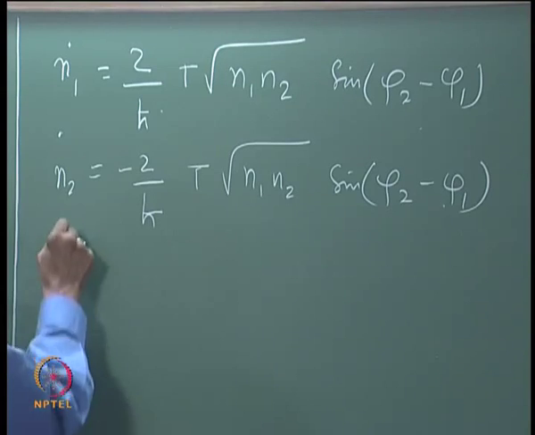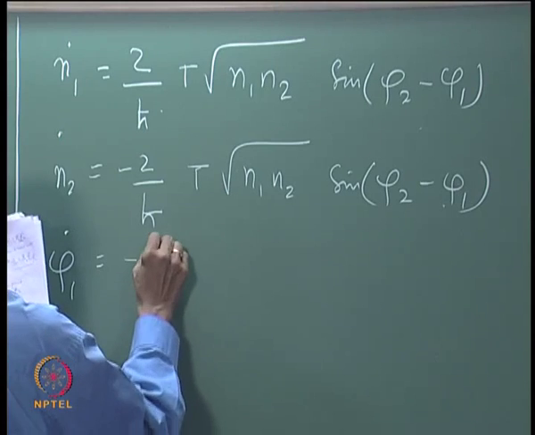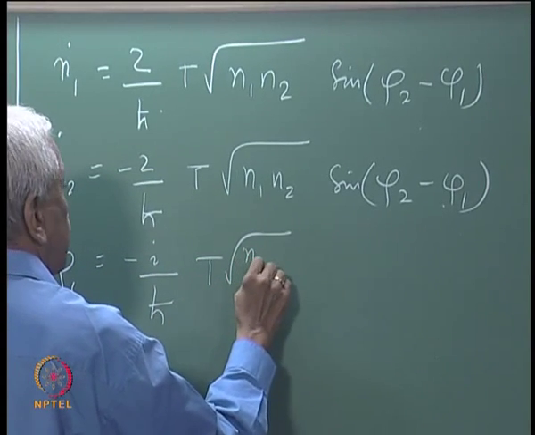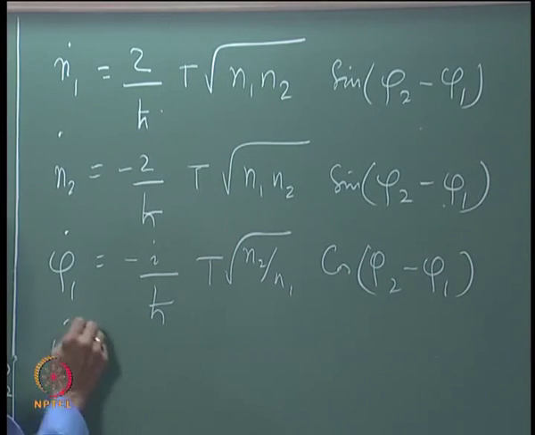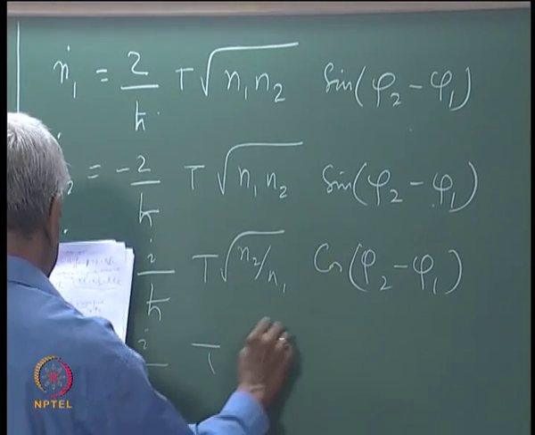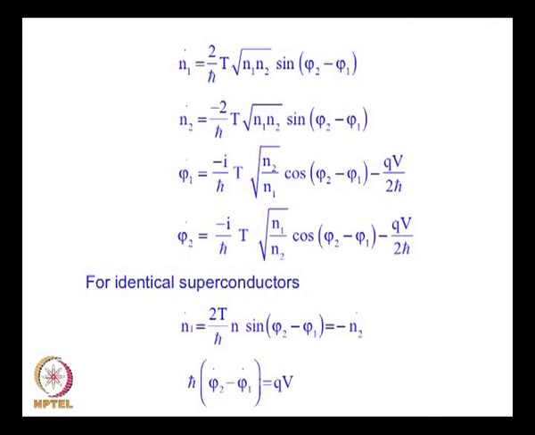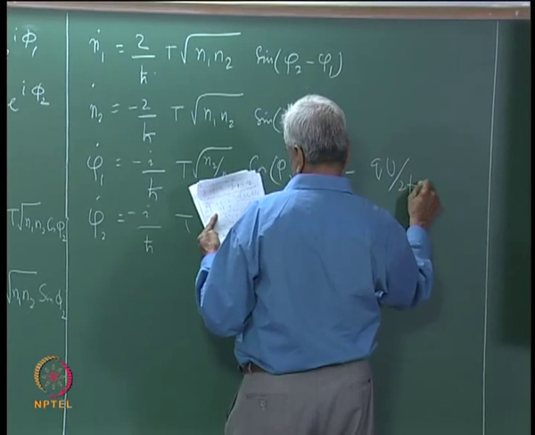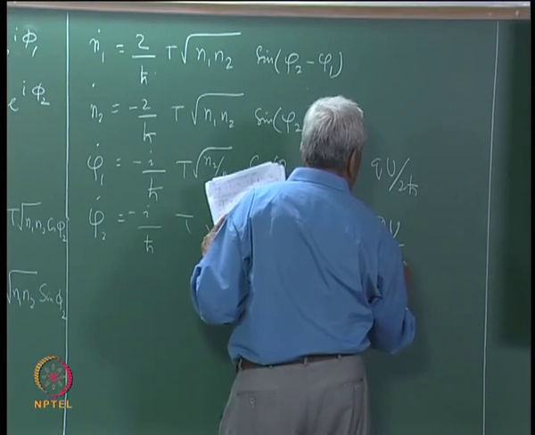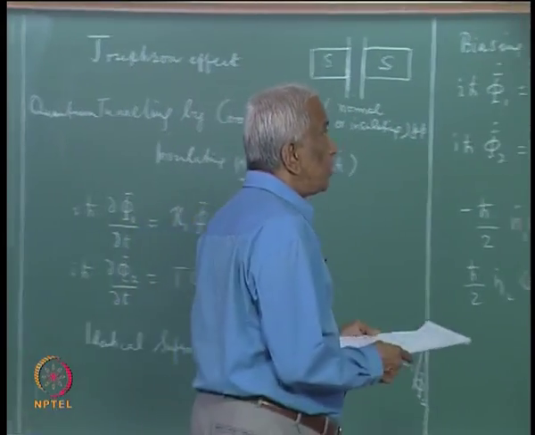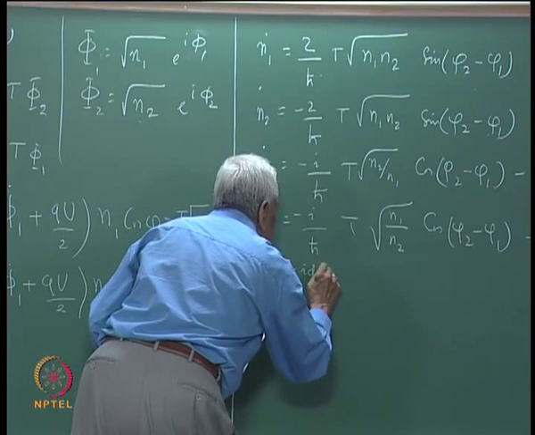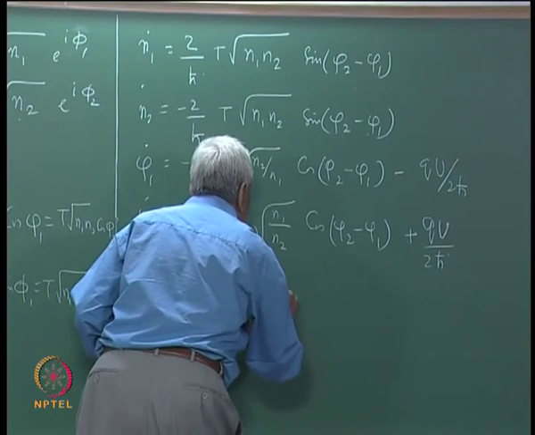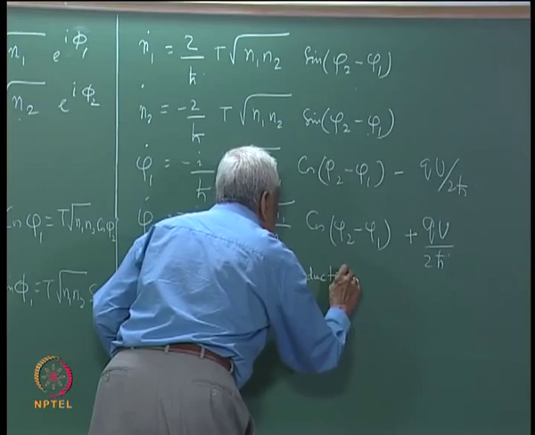And similar equations for the time variation of the phases, plus minus Qu by 2h cross here, plus Qu by 2h cross. So, for identical superconductors we can take N1 to be equal to N2 and so on, so that we get finally for identical superconductors, the particularly simple equations of the form